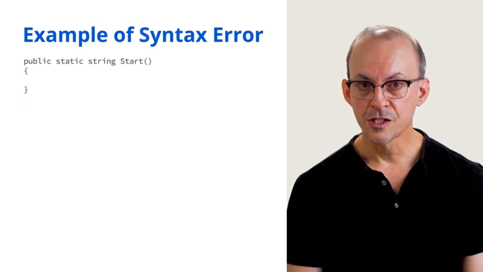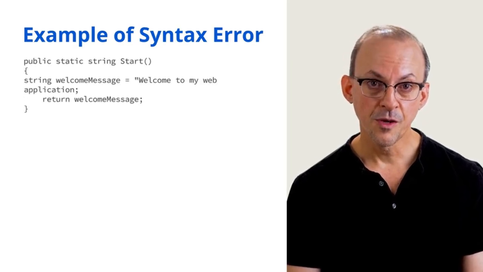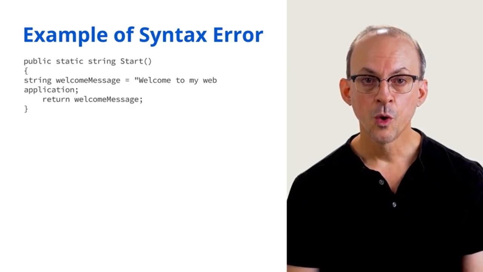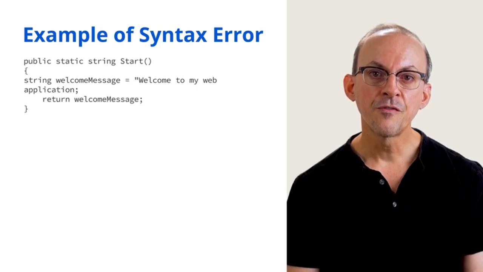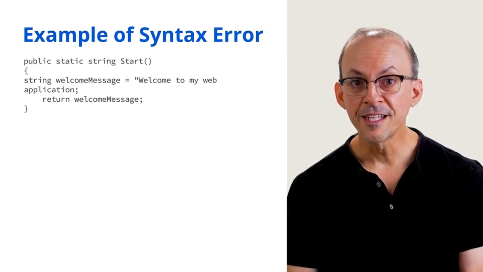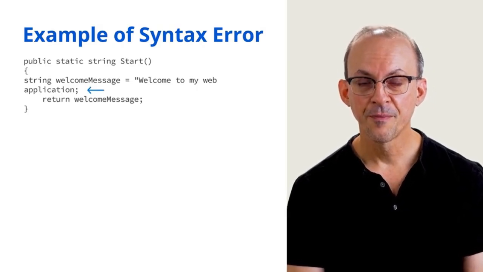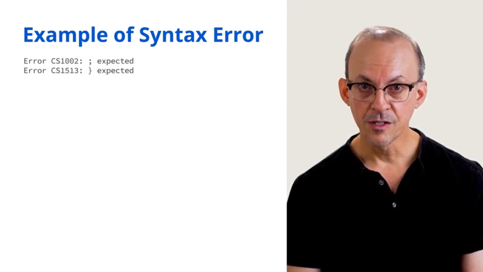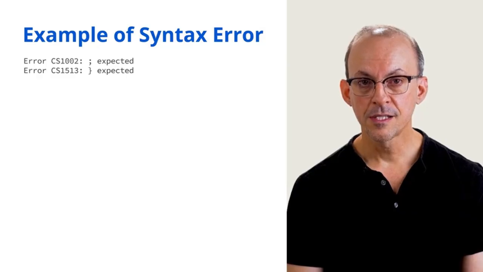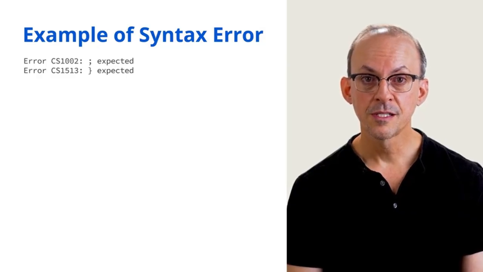Suppose you have a method called start, and let's suppose you have a string called welcome message with an initial value of "welcome to my web application." But you've forgotten to close the string properly by failing to add the final quotes in the string. When you try to compile this code, the compiler will give you an error similar to this: error CS1002, semicolon